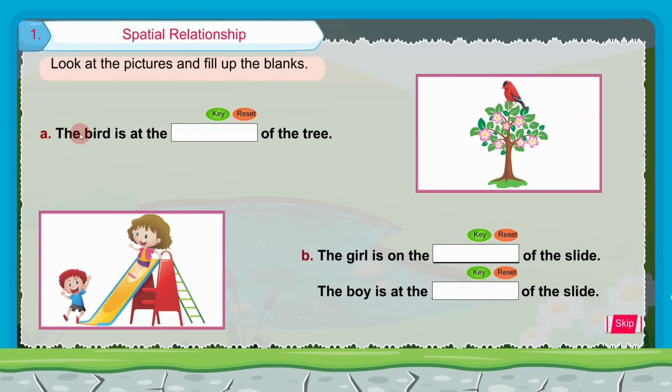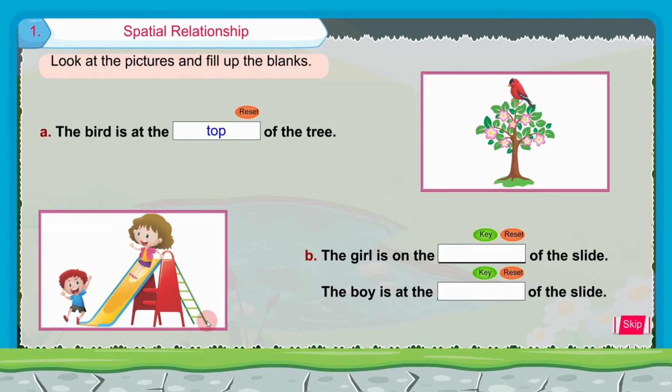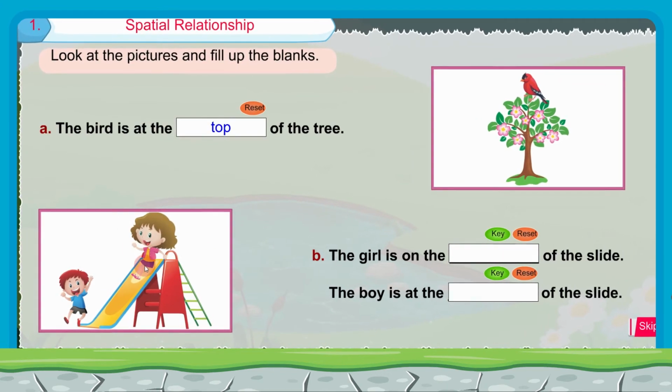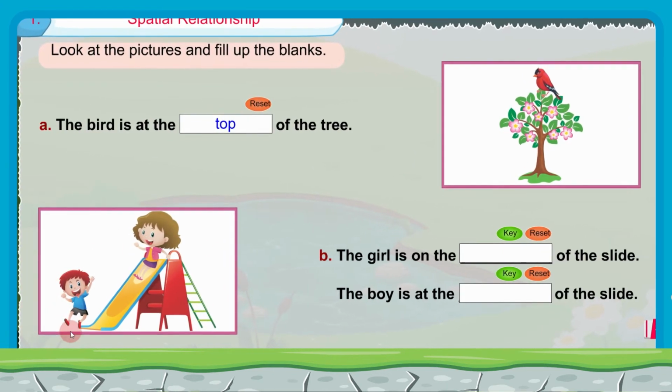A. The bird is at the dash of the tree. So where is the bird here? The bird is at the top. So we will write here top of the tree. Yes. Now if you look at this second picture, there is a girl here, there is a boy here, and